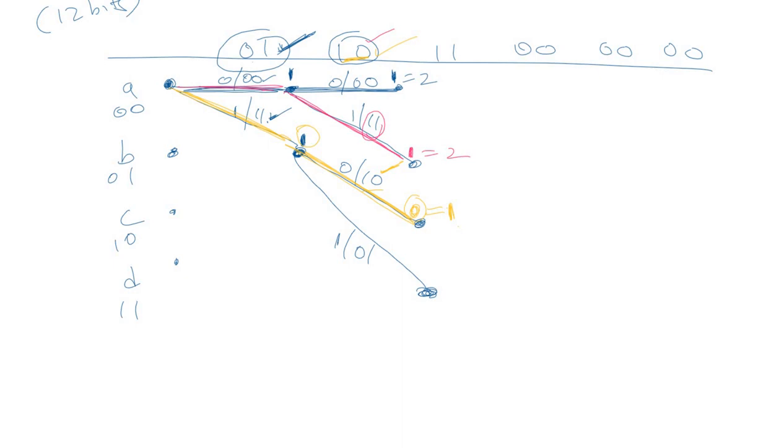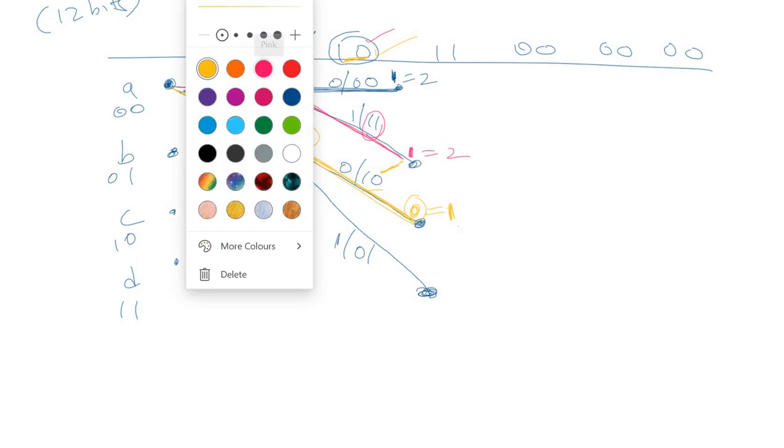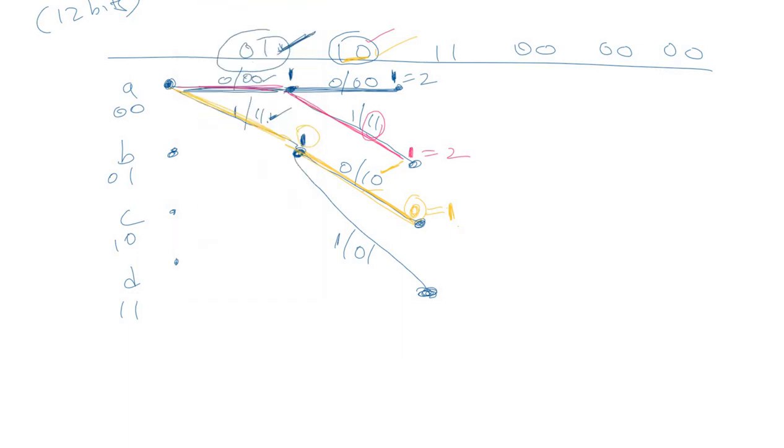And similarly, if you look at the last branch, the output is 0 1 and the input is 1 0. So there's a bit difference of 2. That is, the Hamming distance at this point will be 2 and the total Hamming distance will be 1 plus 2, that is 3. That means for this green path, the total Hamming distance is 3. So clearly we can see that till now this yellow path is the best path as of now. Now successively we'll move on to the subsequent stages.